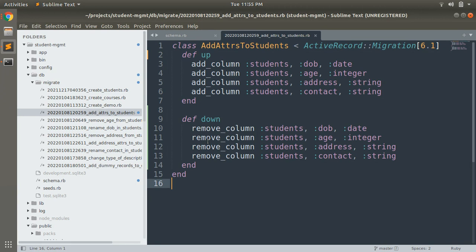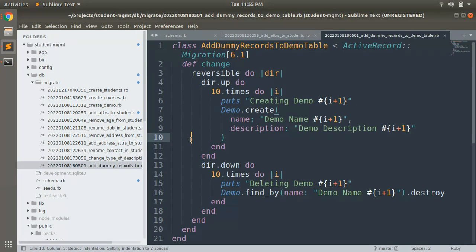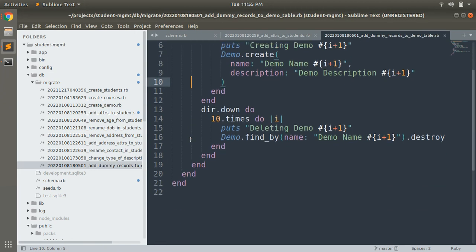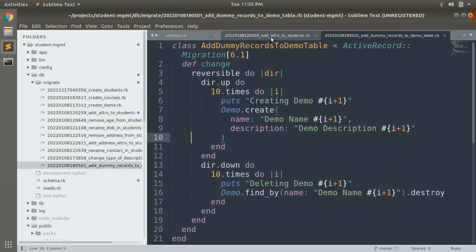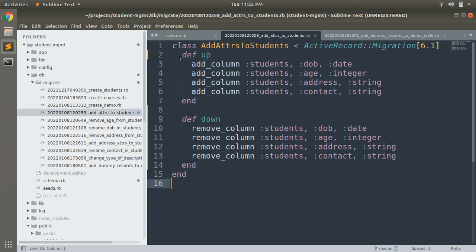However, with def change, you also have reversible blocks, which we saw in one of the previous lectures, that you can write like this. But you can do this directly using def up and down. You don't have to write reversible syntaxes there.